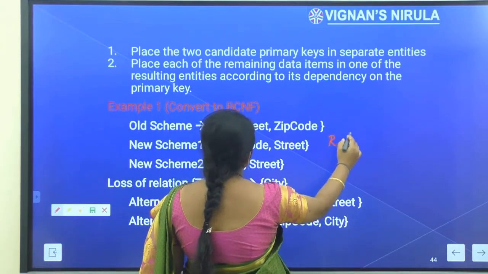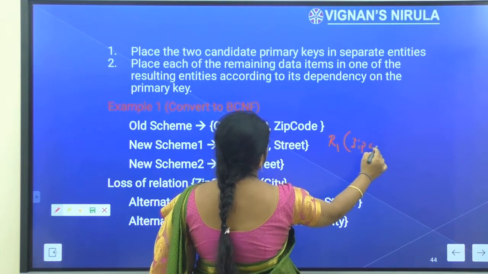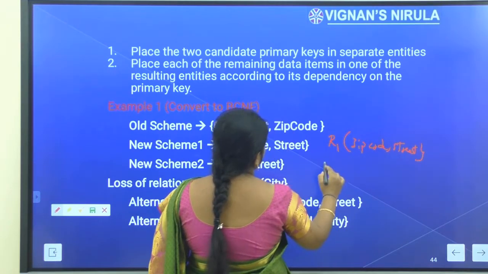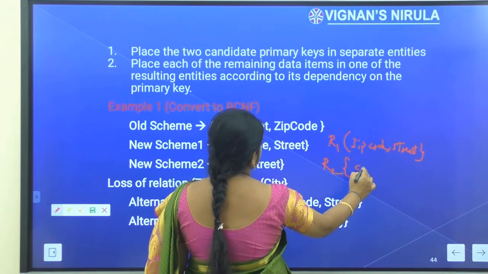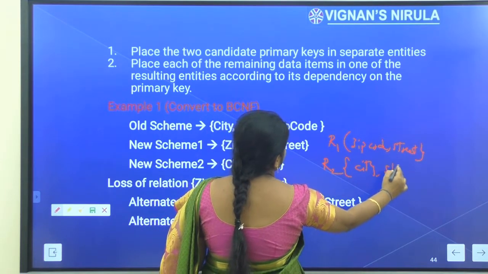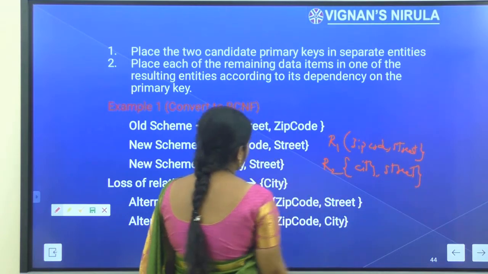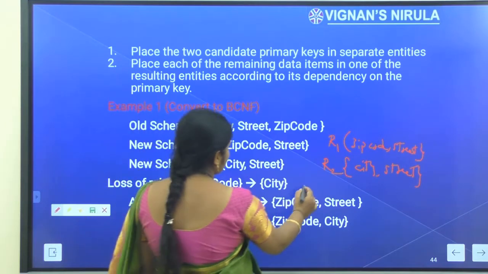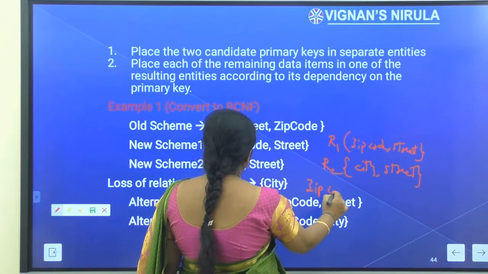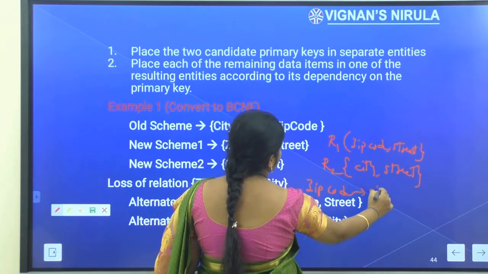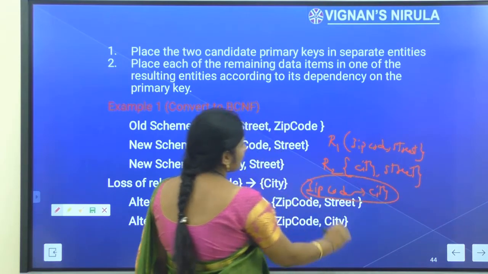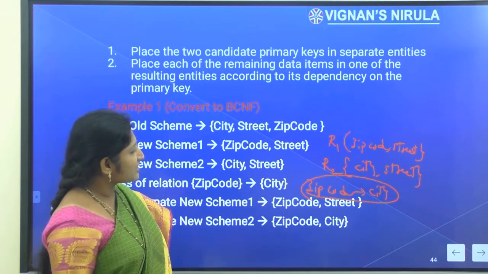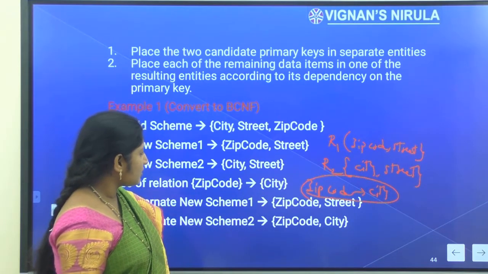I can have the subrelation R1 as zip code, comma, street, and the second relation as city, comma, street. If I have this, the other FD present within your table, zip code to city, is missing. I can't have zip code to city. Why? Because zip code is present in the first relation and city is present in the second relation.